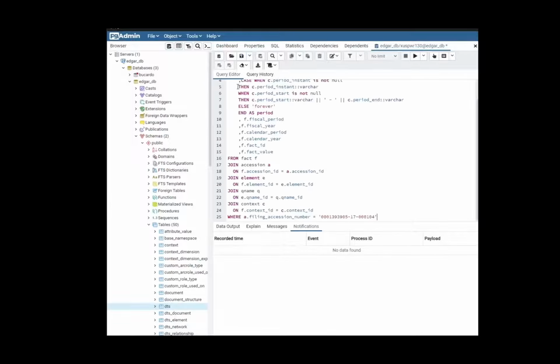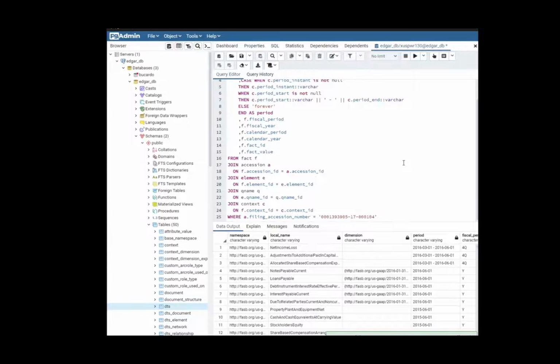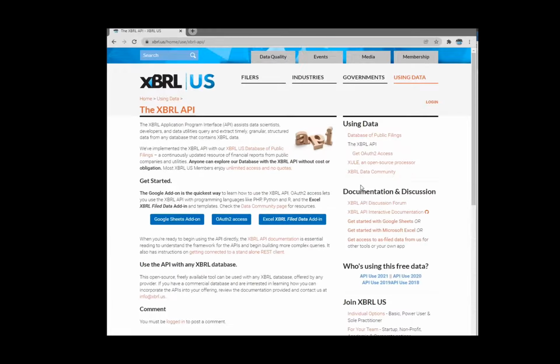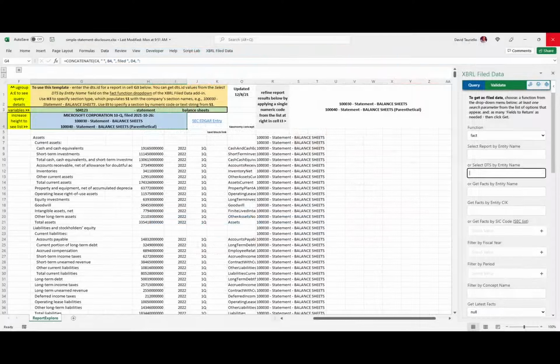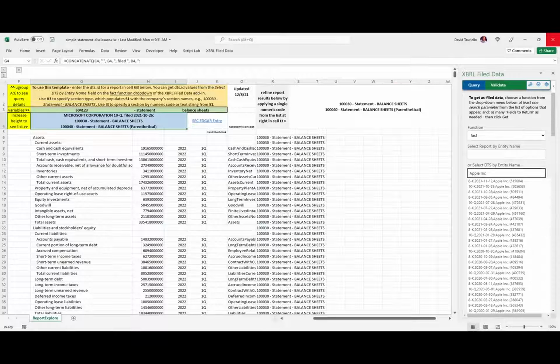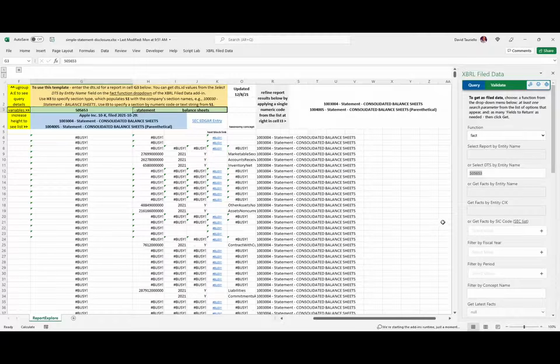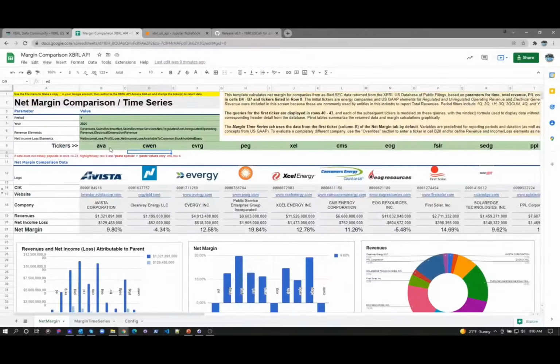Your school's primary contact can request an account for direct access to the database for SQL queries, which could be useful for your scholarly research and other published products. This dataset is available to all faculty and current students who register on our site with their school email account. The login can be used to query our database with an API we've developed that works with Excel and Google Spreadsheet applications. In addition to Excel and Google Sheet extensions, we've also posted a few simple spreadsheet templates, as well as Python, R, and PHP code samples to get you and your students started.